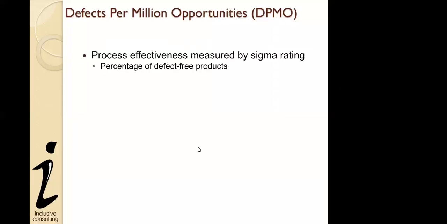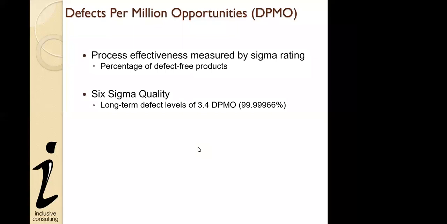per million opportunities. So it is process effectiveness measured not in terms of a percentage, but of a sigma rating, which means standard deviation. So in terms of Six Sigma, a long-term sustainable defect level of 3.4 defects per million opportunities translates to 99.9996%. Or if you want to make it short, 3 defects per million,